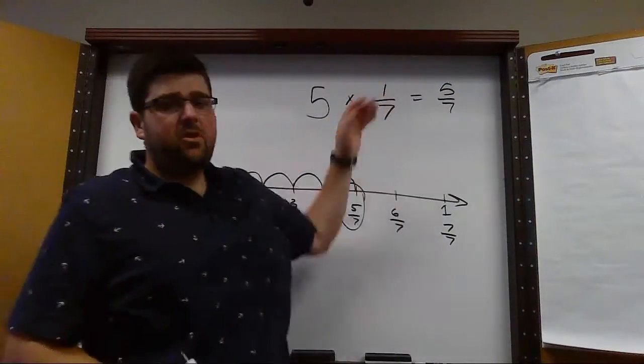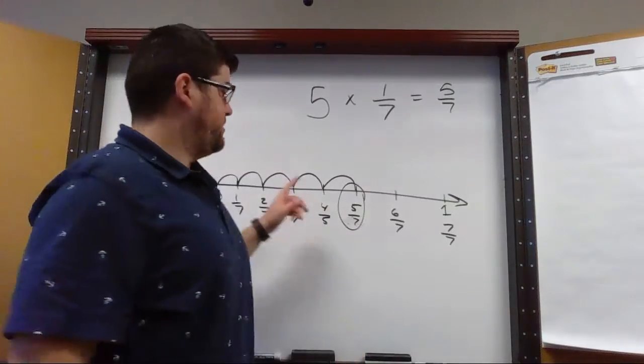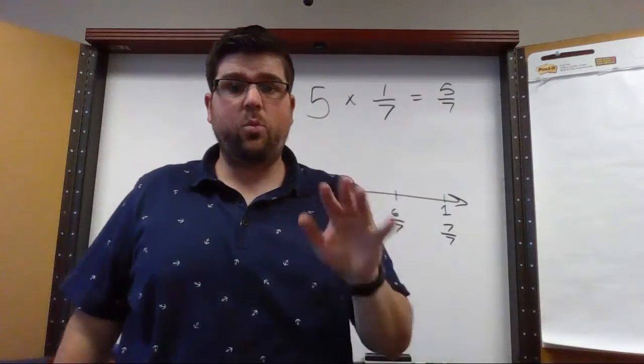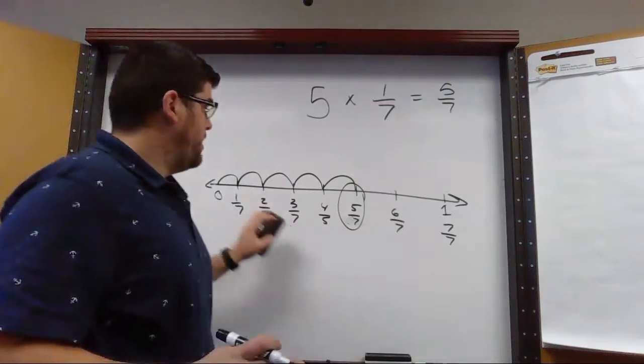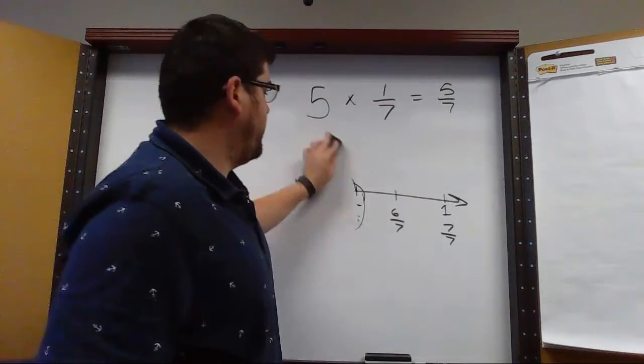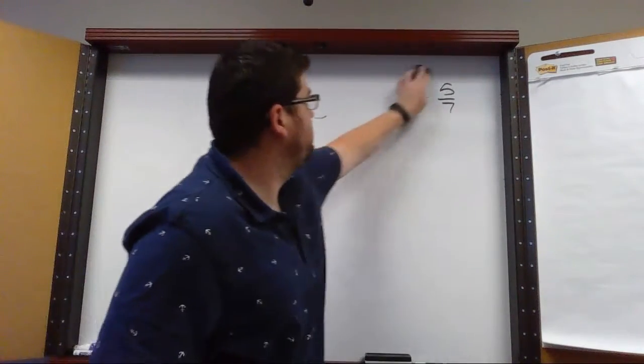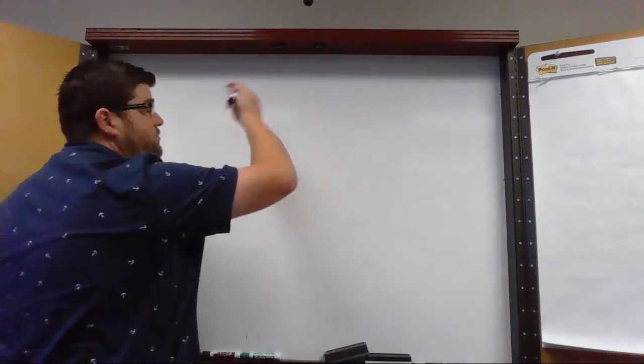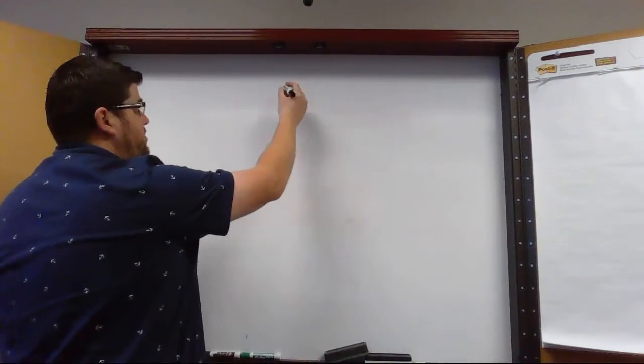So when there's a 1 in the numerator, these are super easy because you're just counting by 1/7 each time. It gets a little bit trickier when you're counting by more than 1 as the numerator at a time. So let's try one of those. Let's say, for example, let's do 3